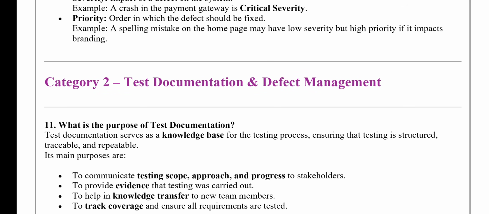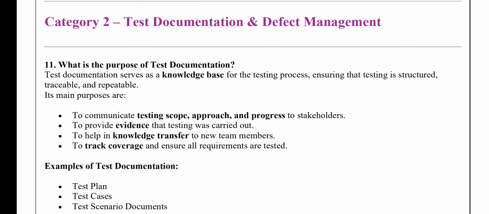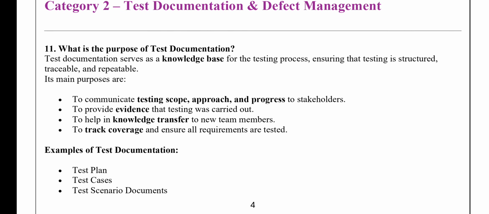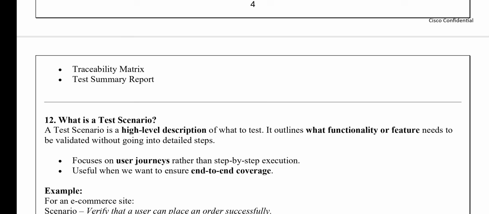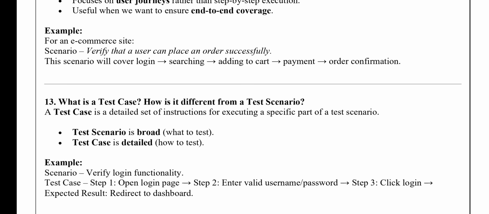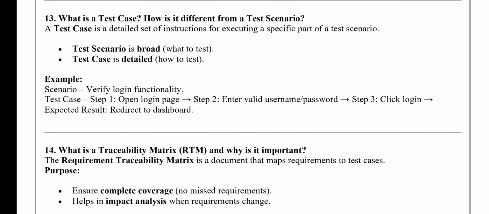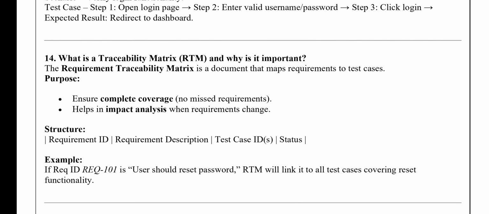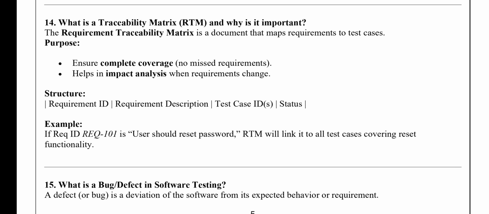Okay, and in category 2 we have discussed test documentation and defect management. That's what is the purpose of test documentation, what is a test scenario, what is a test case and how is it different from a test scenario, what is a traceability matrix and why it is important,